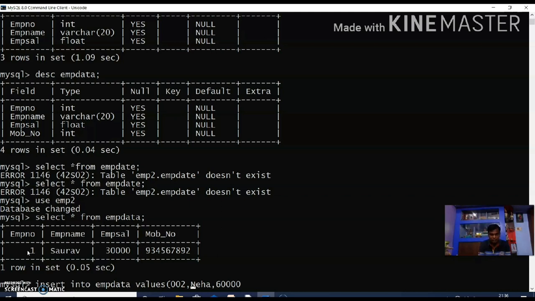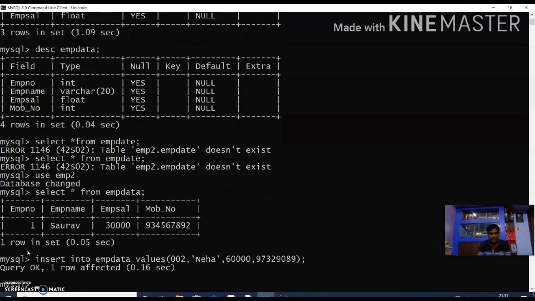For Neha we put quotation marks, single or double quotation, SQL will take single quotations and double quotations. And the mobile number is suppose 97329098. Put it. You see, the next record is inserted.